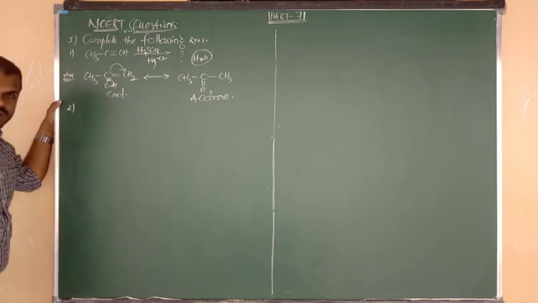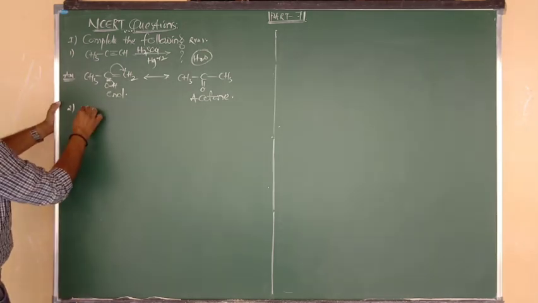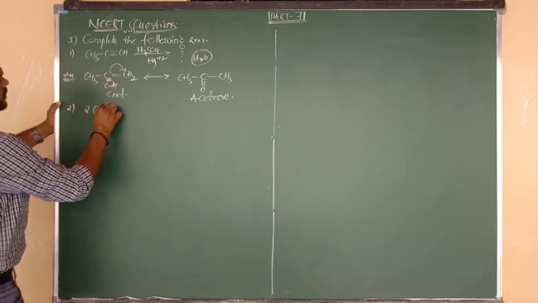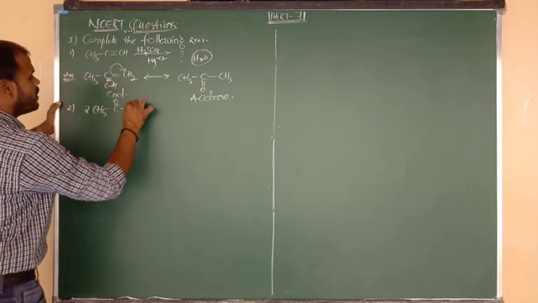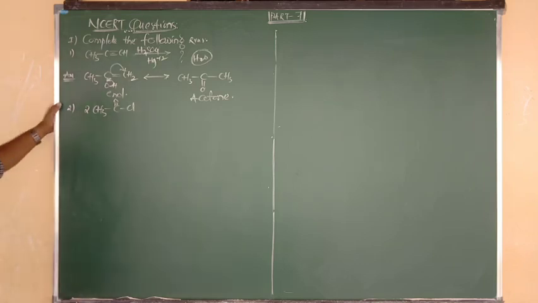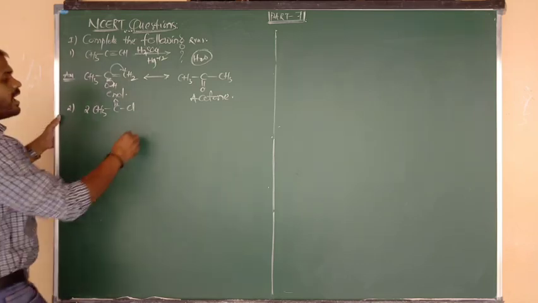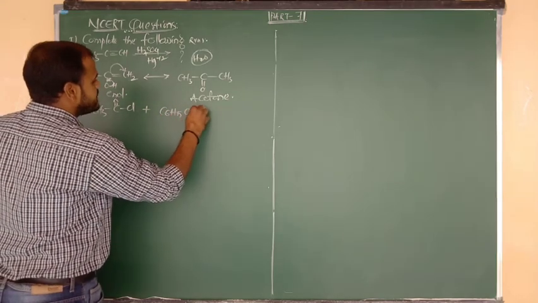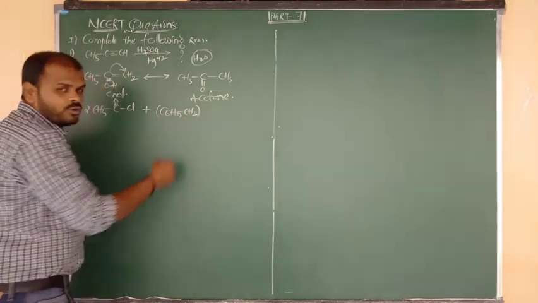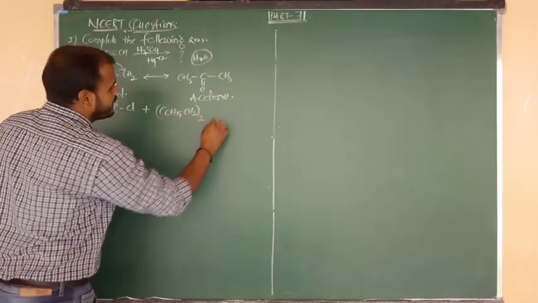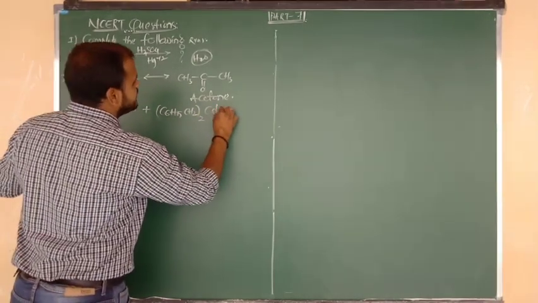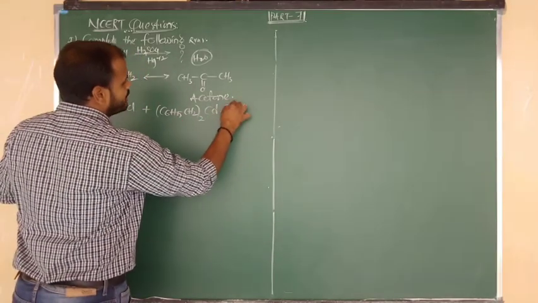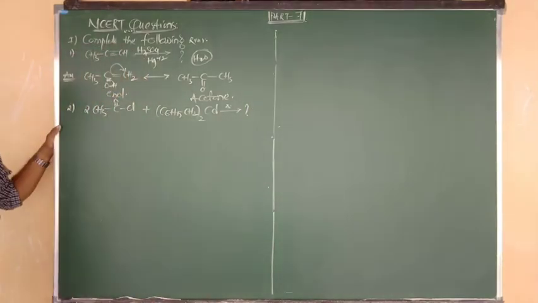Good. The second question they have given: 2 moles of CH3 bonded to C double bond O, C double bond O bonded to Cl. What is the name of this compound? Acyl chloride. And they have given another reagent in the question, C6H5 bonded to CH2, nothing but benzyl group. Benzyl group is taken twice, and here they have given Cd. So upon heating between these two, what will be your product? Like that they have given.